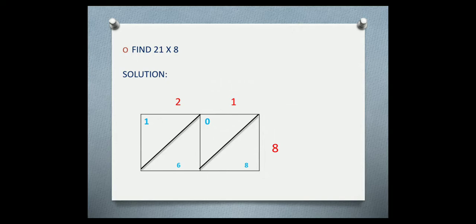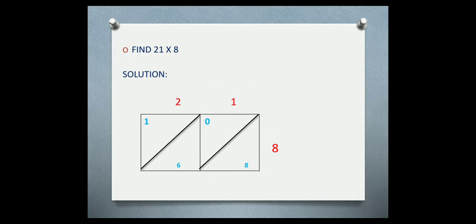Now we'll start with multiplication. As I always said, multiplication will start from the right side. So I'll start with 8 and 1. 8 into 1, what will I get? My answer is 8. Now 8 is a single digit, right? I don't have any tens digit over here. So what I will do is write 8 at the bottom and put 0 at the top. Clear? Now I'll go for the next grid.